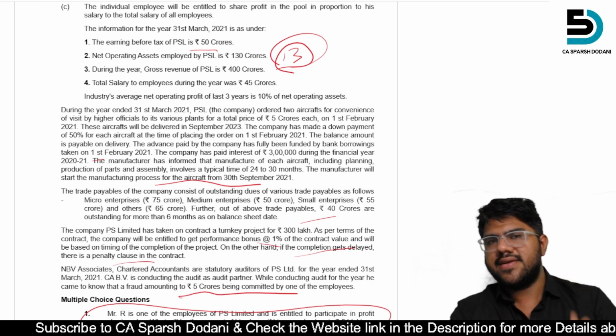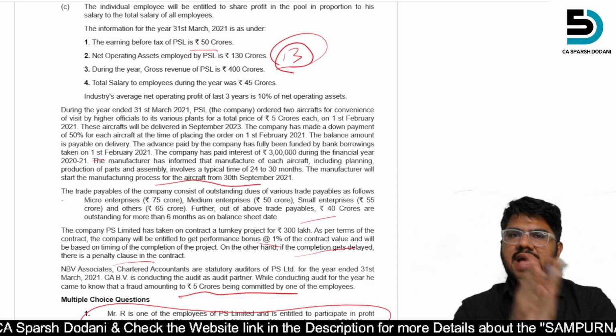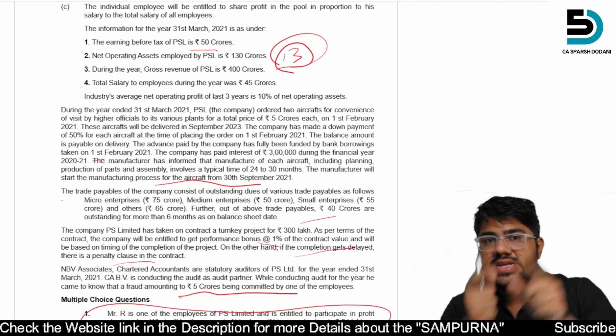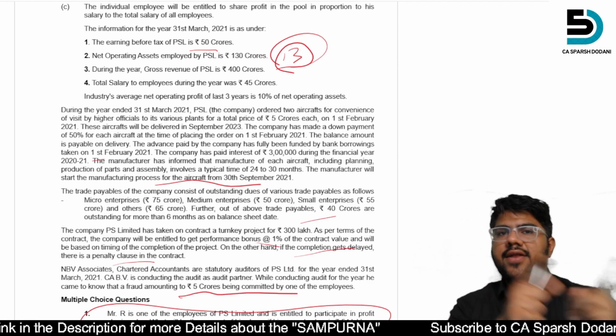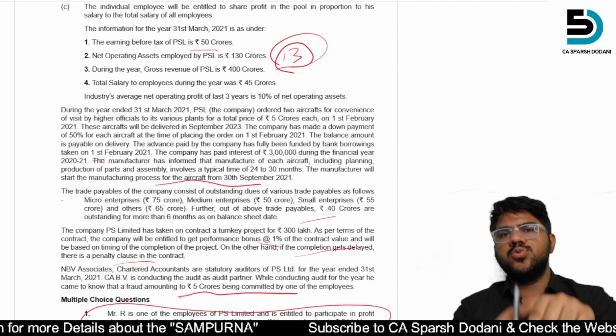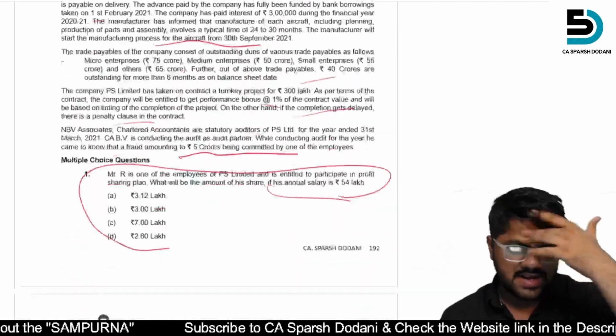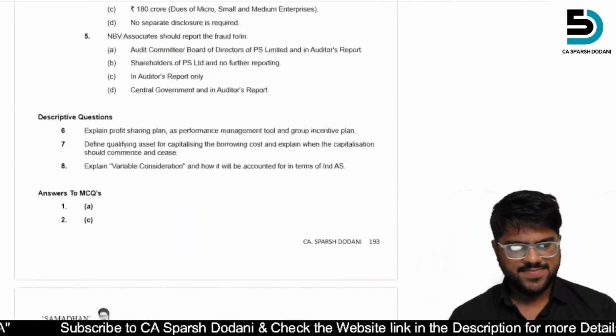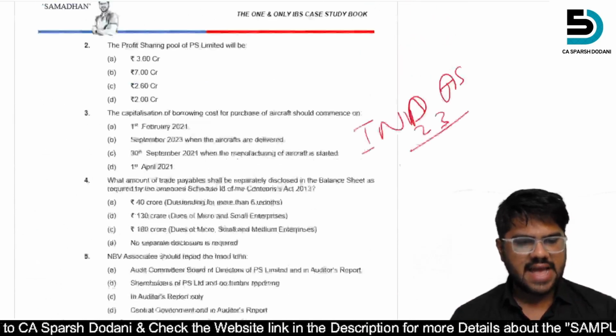So they have been paying interest from the 1st February. They paid the advance. They incurred the expenditure. They incurred the borrowing cost, and also they intended to use it for their own purpose. So what would be the date? So the date as per the,